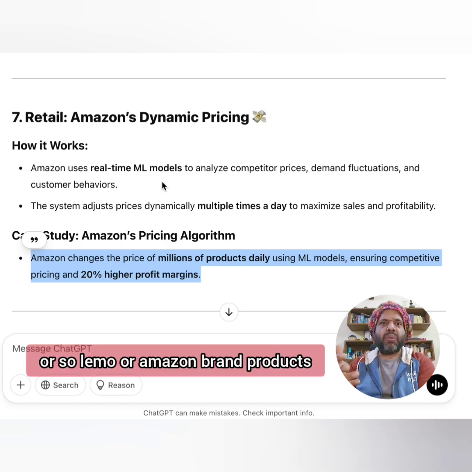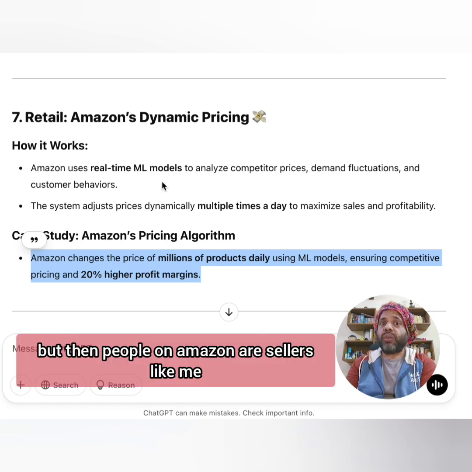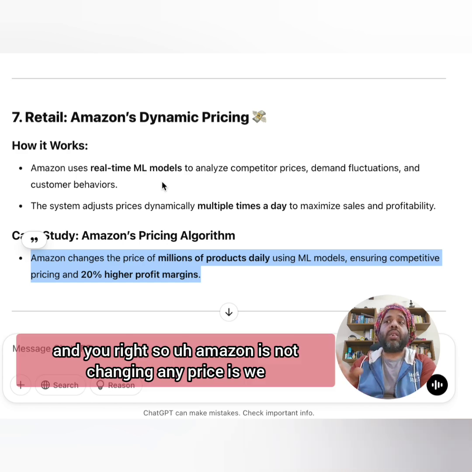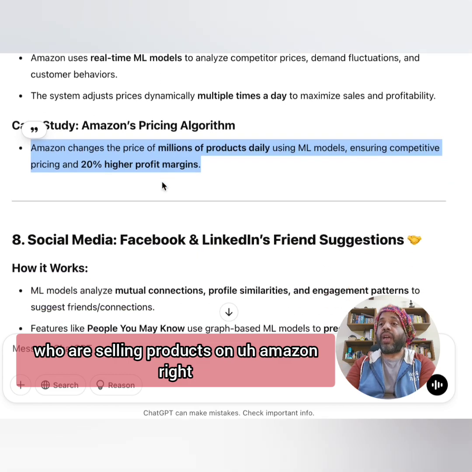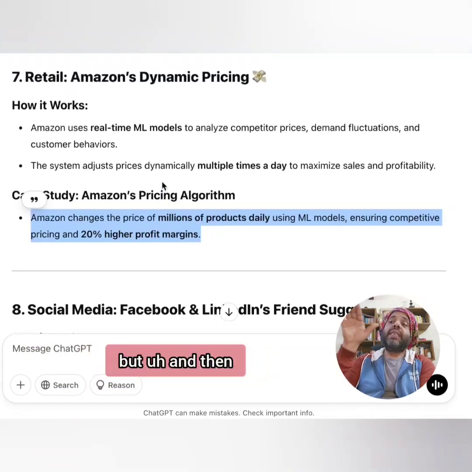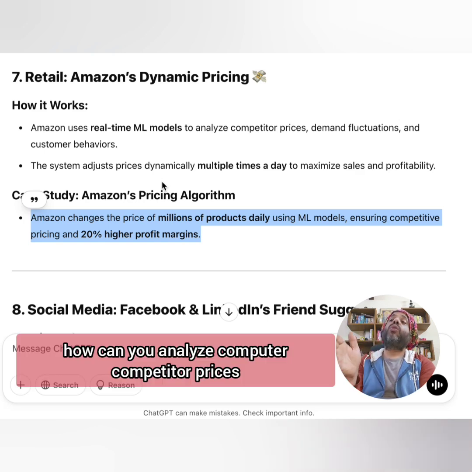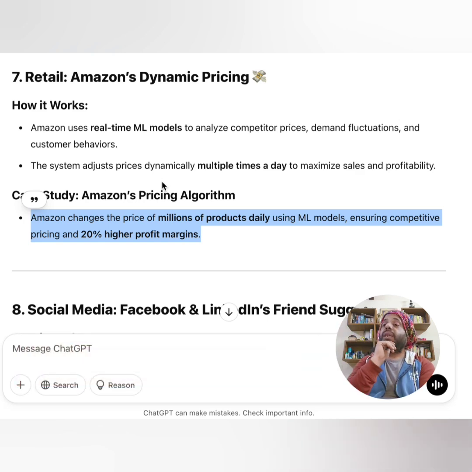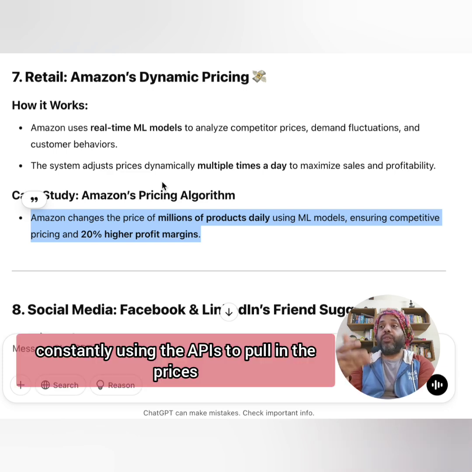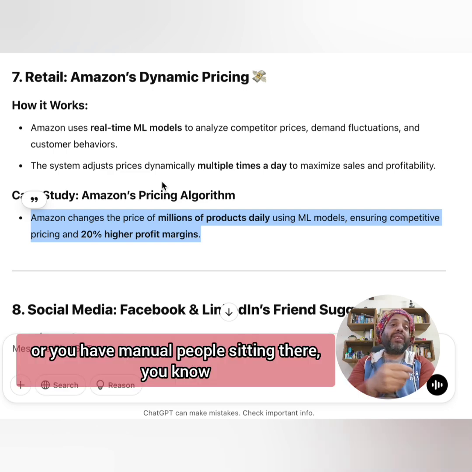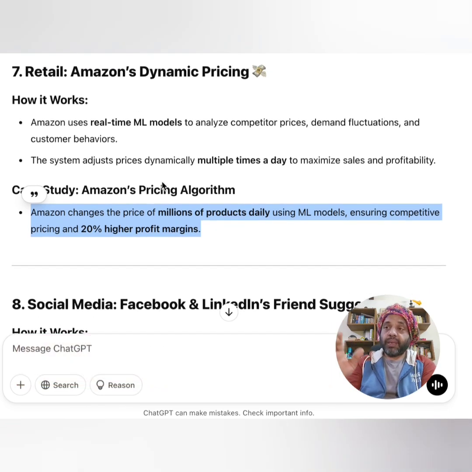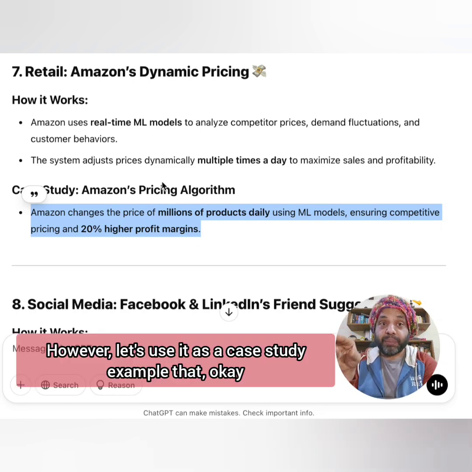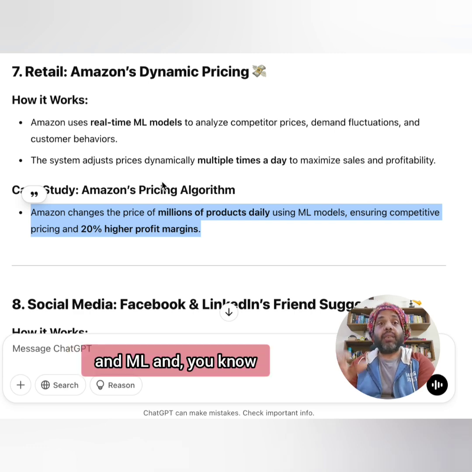their products or Solimo or Amazon brand products, but then people on Amazon are sellers like me and you, right? So Amazon is not changing any price. It's we who are selling products on Amazon, right? So it's kind of irrelevant. And then how can you analyze competitor prices unless you are constantly using APIs to pull in the prices, or you have manual people sitting there doing that stuff. Demand fluctuations, customer behavior, I think this does not make much sense to me. However, let's use it as a case study example that, okay, this is a possibility with AI and